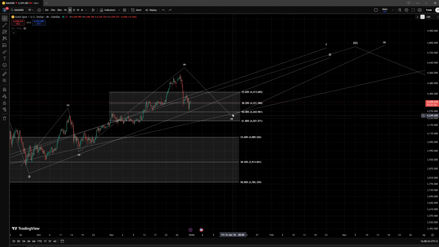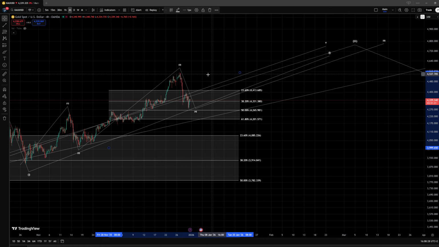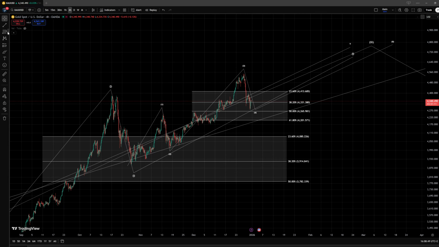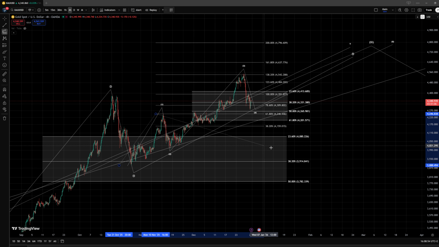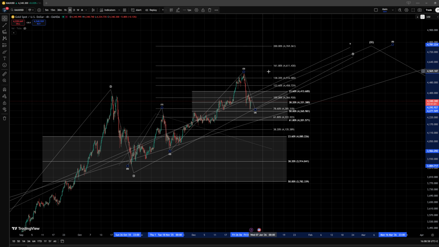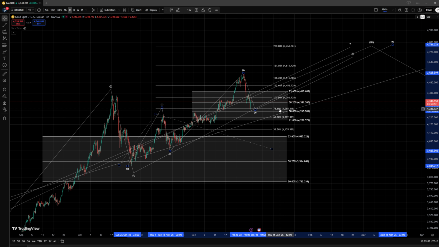So far within this correction, we have gotten nearly to the 50% retracement, and while there is no signal that we have bottomed, there is no reason to believe that this correction needs to actually extend even more. We can actually even go ahead and look for an internal extension here of the wave 1 to gauge if we had sufficient movement to the upside within this wave 3, and surely enough we got to the 138.2% extension of the wave 1, which is the ideal target of the wave 3, just a bit above it before the larger retracement in wave 4.